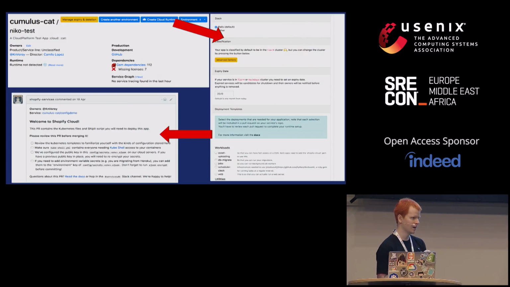So do they need asset uploading? Do they need something like a MySQL database? Do they need SendGrid API keys to be able to send email? All those kinds of things are just add-ons, quite similar to how, for example, Heroku works. But in our case, what actually gets generated from these are Kubernetes templates. And all of those dependencies, or most of them, are Kubernetes custom resources, or actually third-party resources back when we started out.